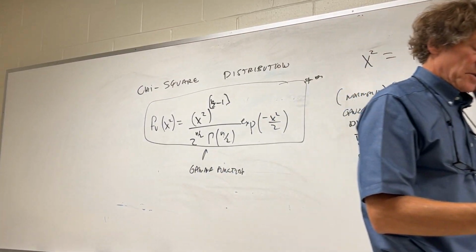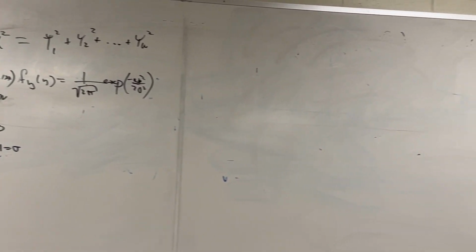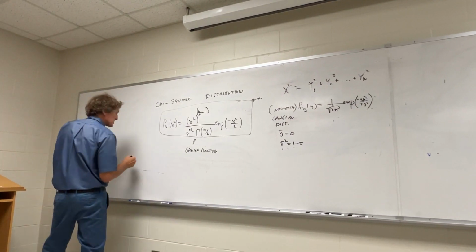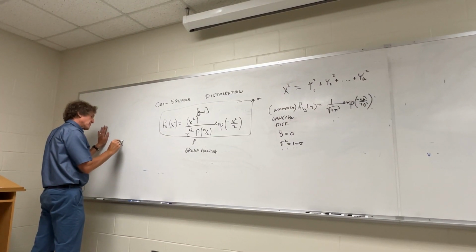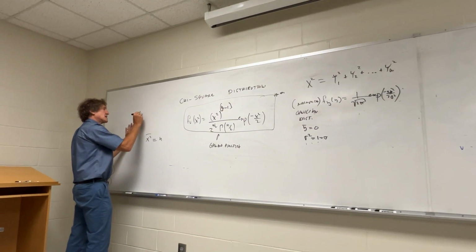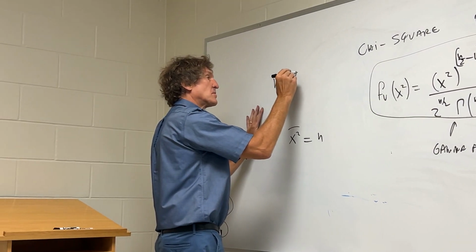Now, a couple things to note about this. One is, in order to use this for anything, what he's going to show you is this. I'll just tell you this. He's going to show you that the mean value of x squared is just n, and n is the number